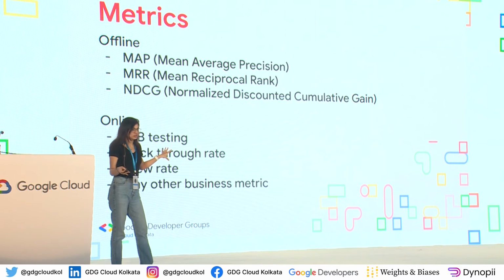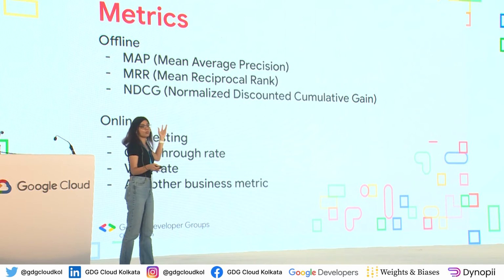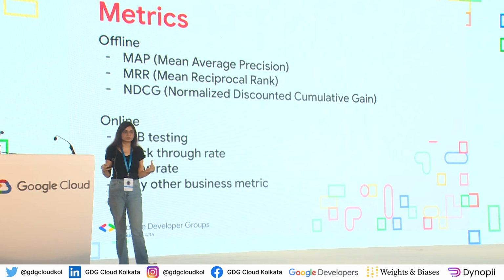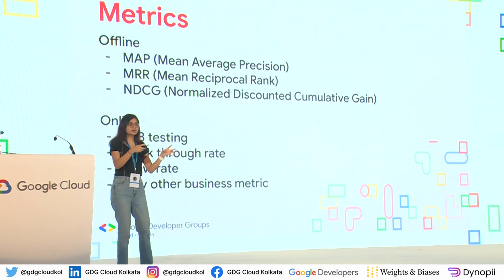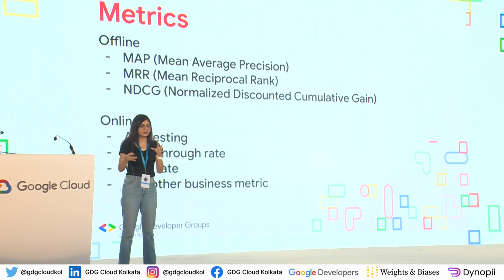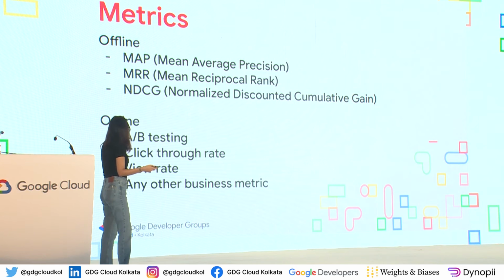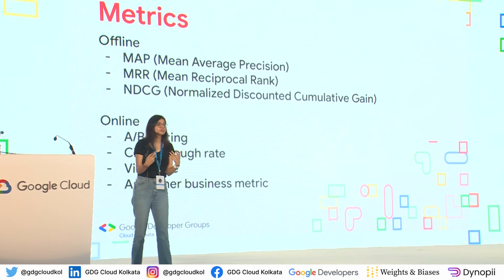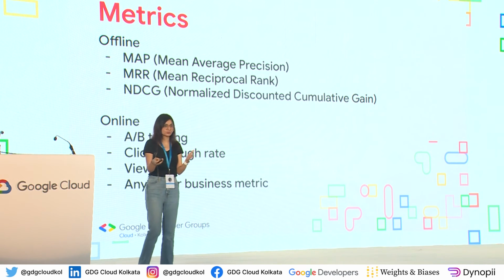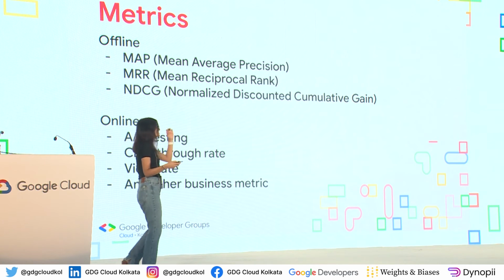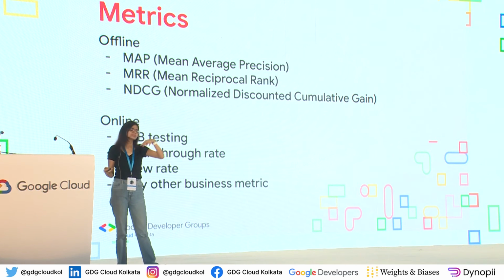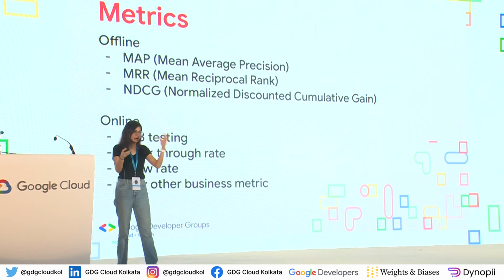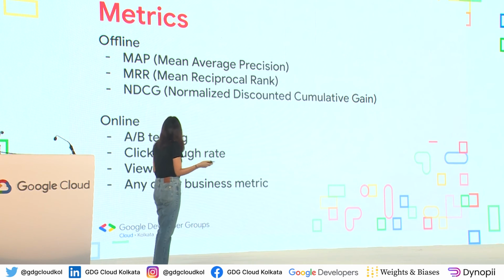These are offline evaluations, and this doesn't depend on what we get from the user. The online evaluations are basically when we take the feedback of the user into account. Somebody was saying that Google takes care of this, like if I wrote kill versus process kill, it'll predict my query. This happens because of this. So it tracks the click-through rate: if I'm showing you certain results, how many times do you actually click on those results? View rate is not just clicking, but actually viewing and reading the documents. This can come in handy not just for Google, but